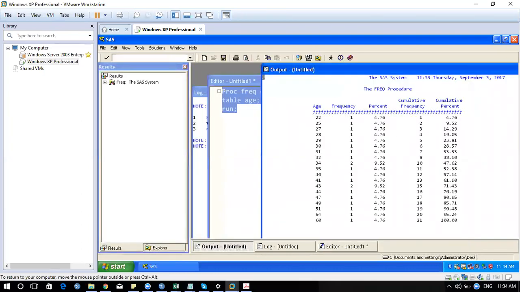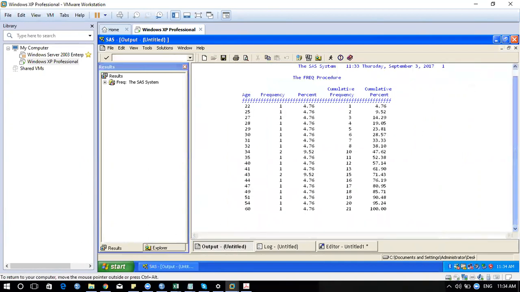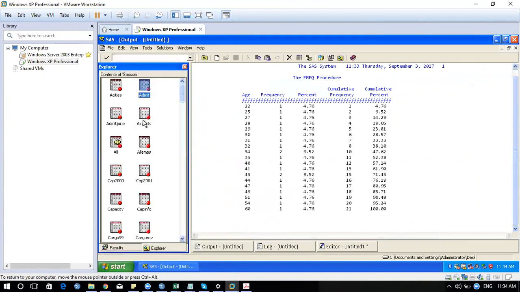So it's saying no one age is repeating. Every age is unique in a data set. Getting it? So the frequency we are getting is a unique one.